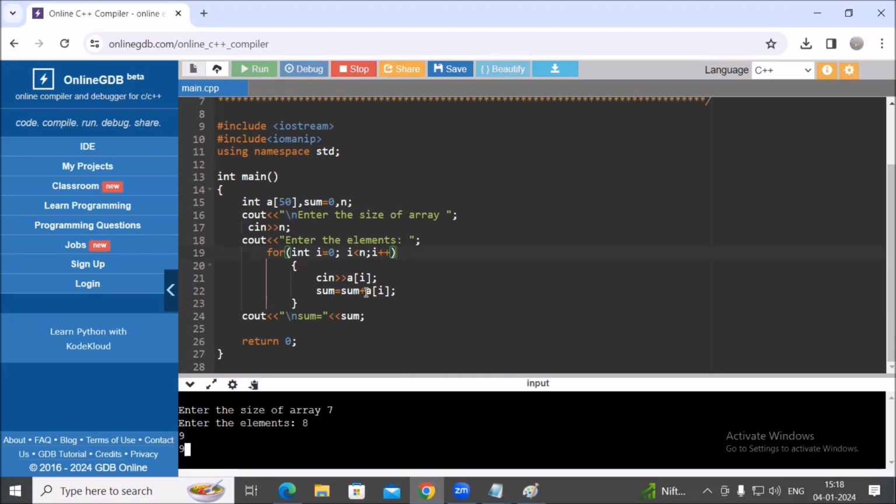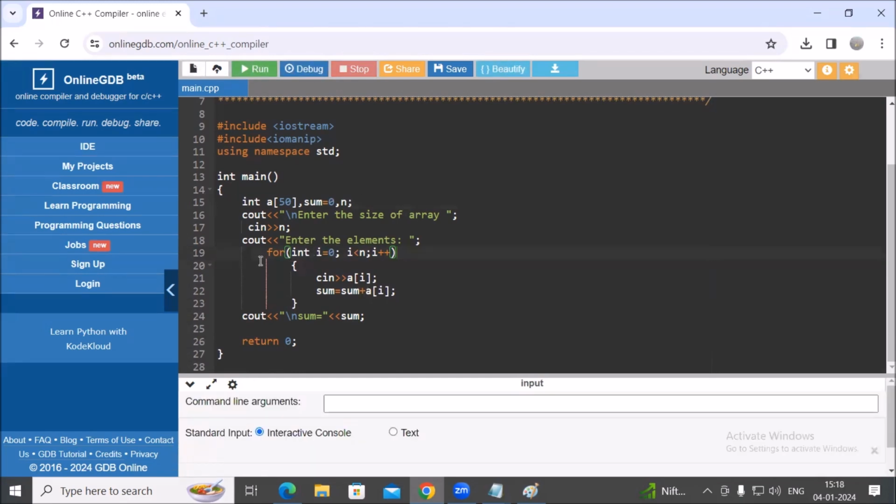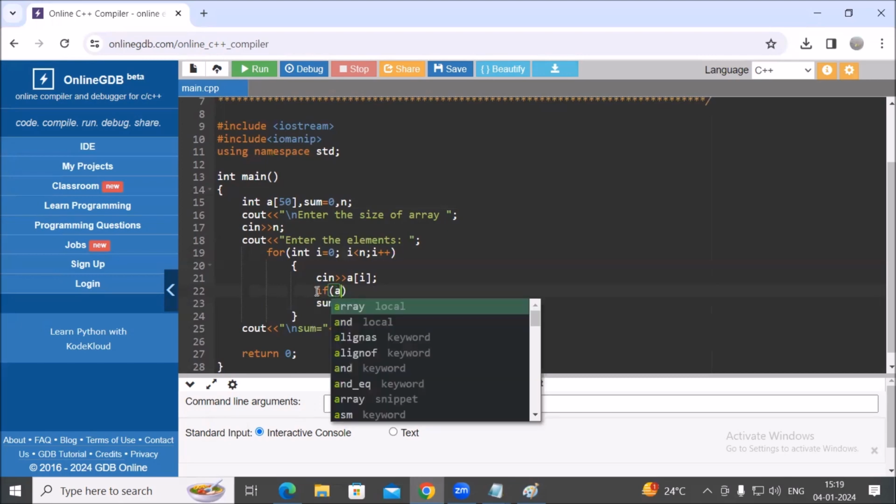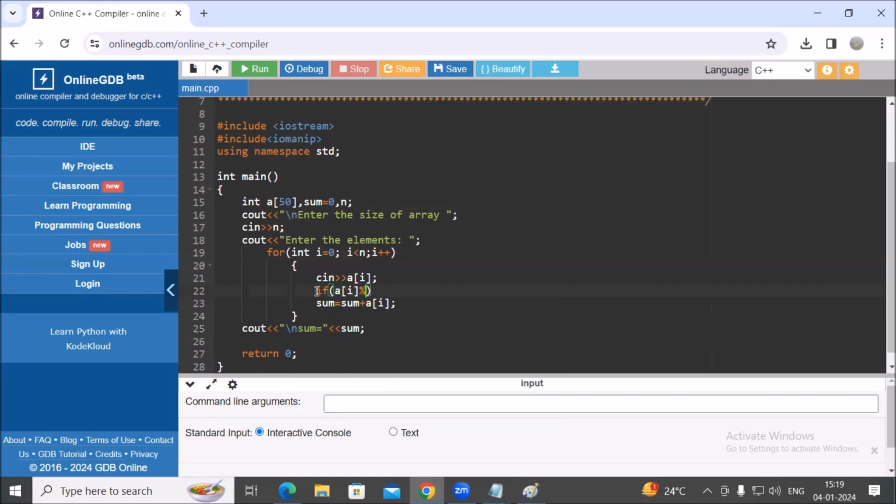Now you enter any 7 numbers and your program will work and it gives the result. So you have a choice of entering the size of the array. Fine. So assume that I want to calculate only the sum of even elements. That means the elements you are entering which are even, only that sum I want to calculate. So before I add a of i to the sum, I'll check if a of i modulus 2